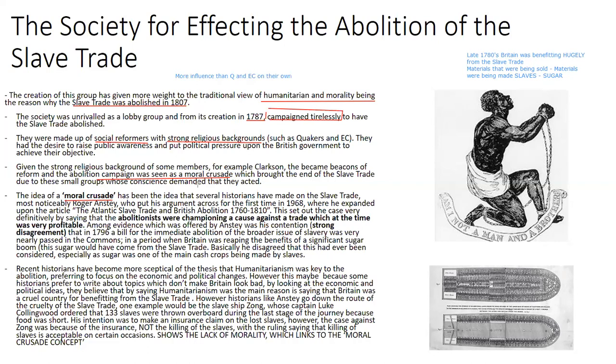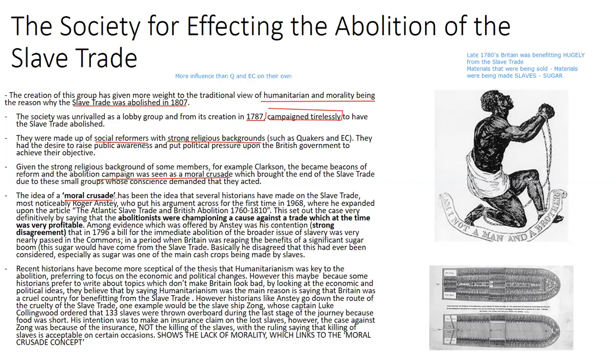Okay? And the reason this group were driven to do this was because their conscience said it. Their conscience couldn't sit back and look at the suffering of millions of Africans throughout this slave trade. So this was seen as a moral crusade to improve, number one, the lives of the people who had gone through the suffering, and number two, to actually